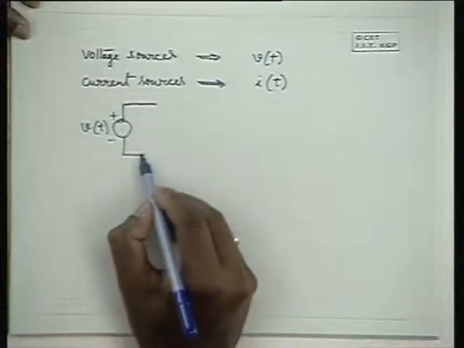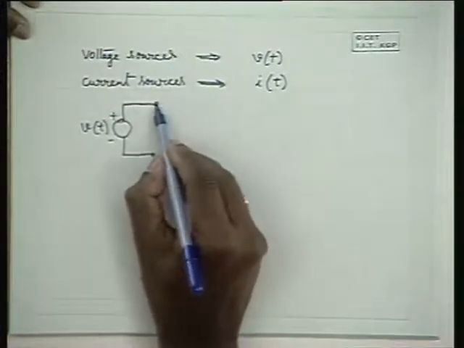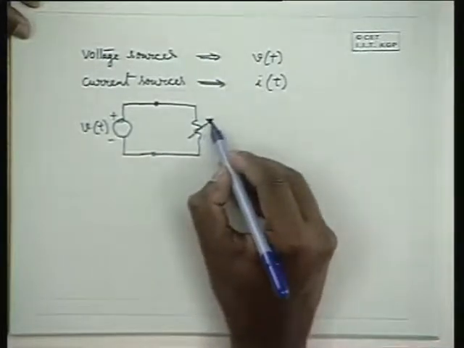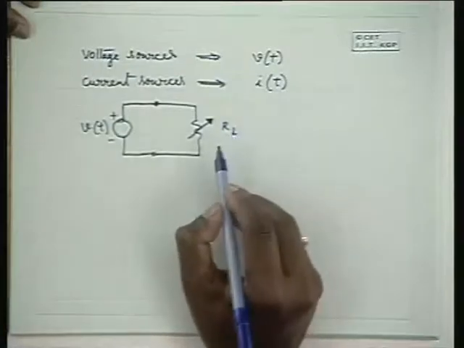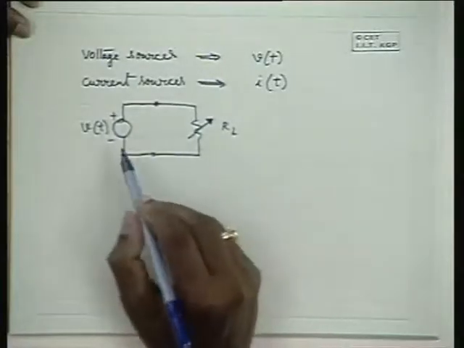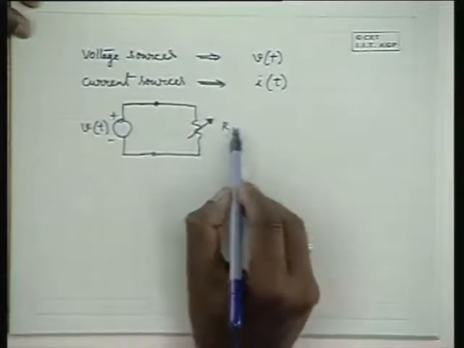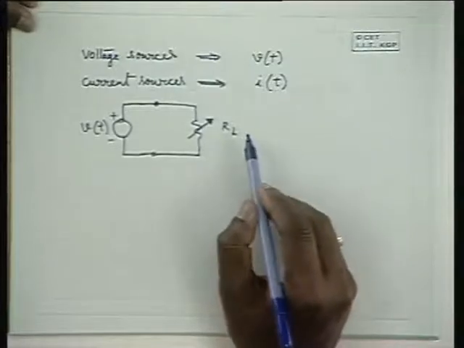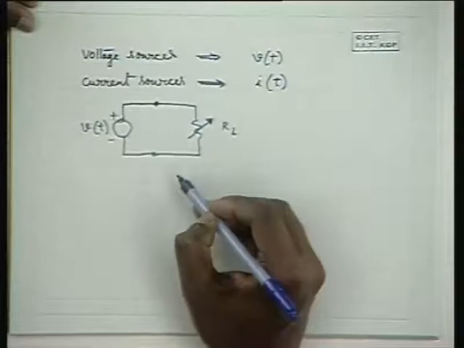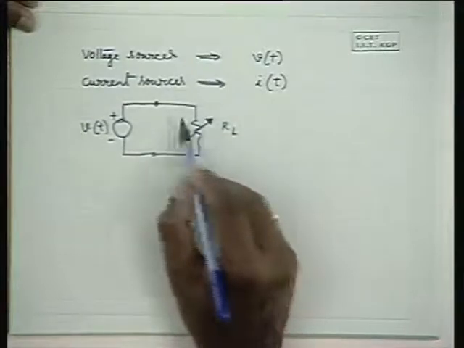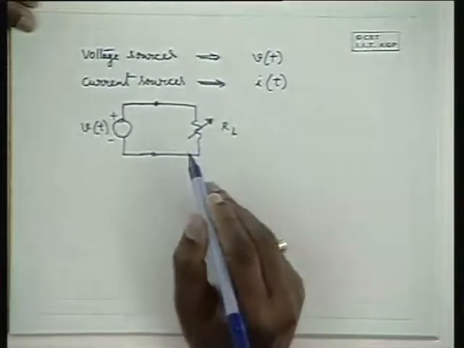What we mean by a voltage source is, when we connect a load resistance and vary it, this voltage should not change. For all practical purposes, this voltage should be constant, whether you connect a 1 kilo ohm resistance, a 10 kilo ohm resistance or a 100 kilo ohm resistance. Even when you open circuit it and measure the voltage, that voltage should be the same, whether a load is there or not.